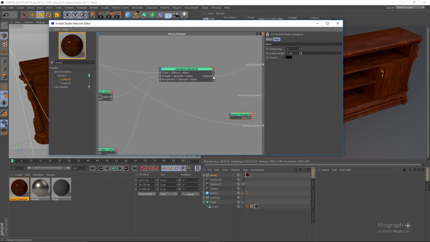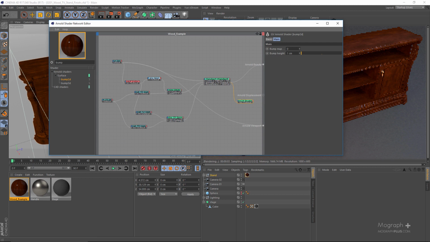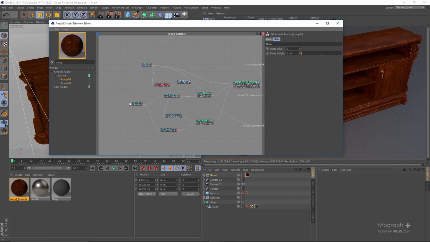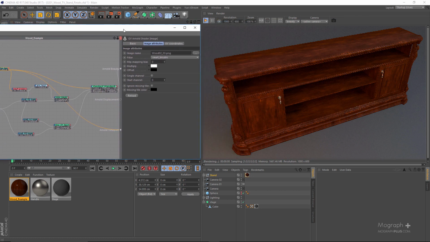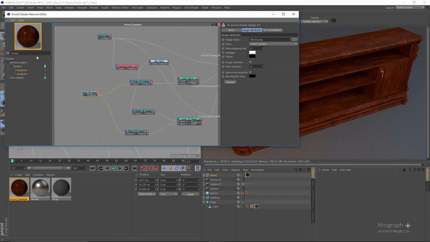So this is our shader, and for the bump map itself, I'm going to be using a combination of these two image nodes. The first image node that we had, and then the second one, which is going to be the image BW38, right? So let me just have a ramp float node for both of these guys. So this is the first one,